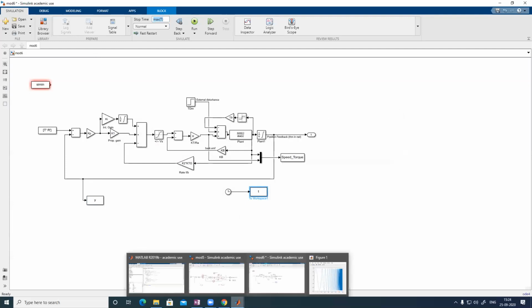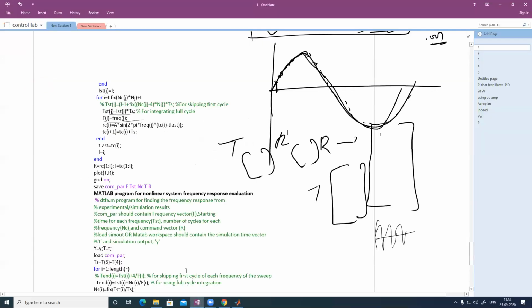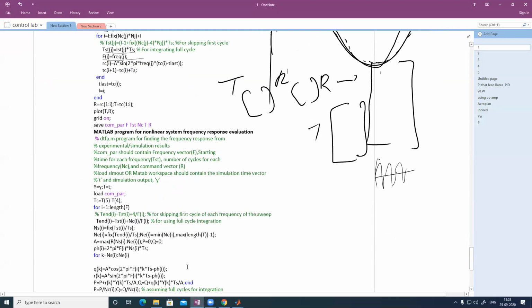So now I have to plot the response. The sine wave is generated and applied here, and that runs with the system, producing this y and t. Now I have to convert back to the Bode response. For that purpose we have to use the non-linear frequency response, that is called discrete time Fourier analysis, DTFA.